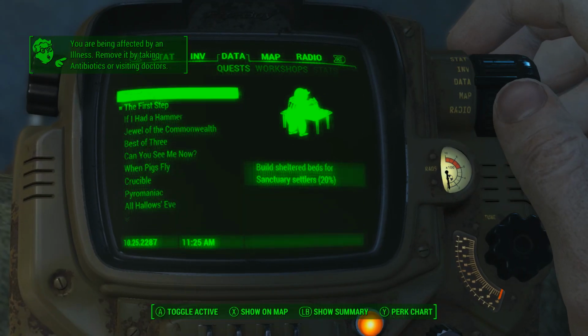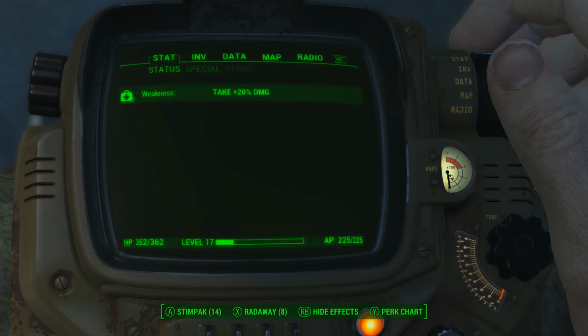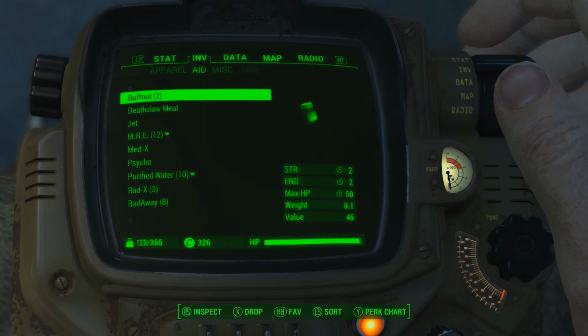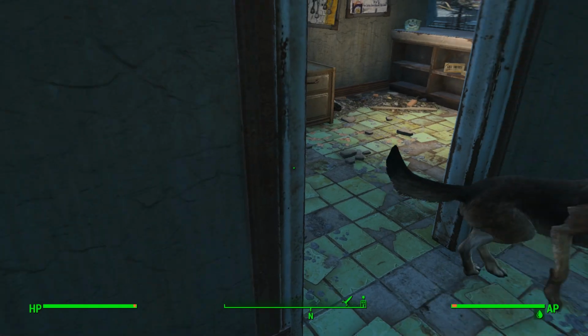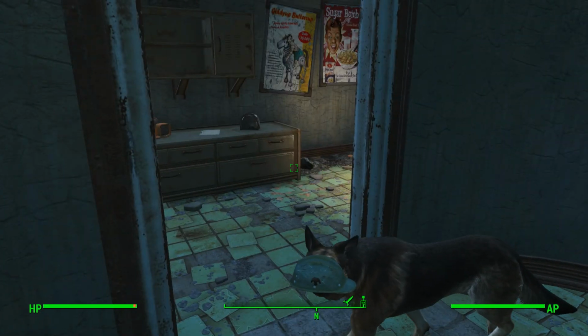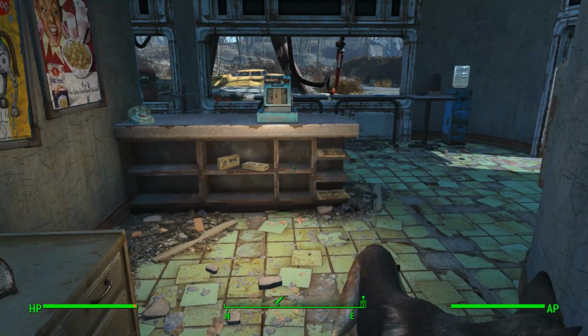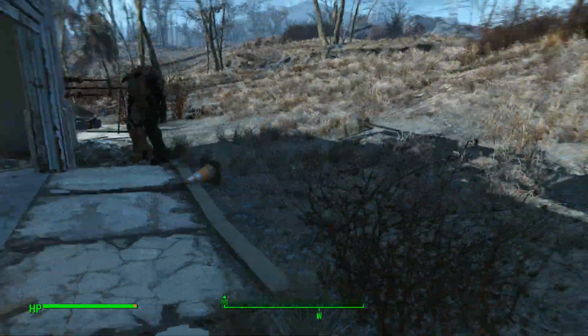Okay, we have an illness, but what illness is it? Weakness? Ugh. Yeah, I don't like that. Oh, there goes my only thing, antibiotics. There we go. I'm going to say, how thirsty am I? All right, so